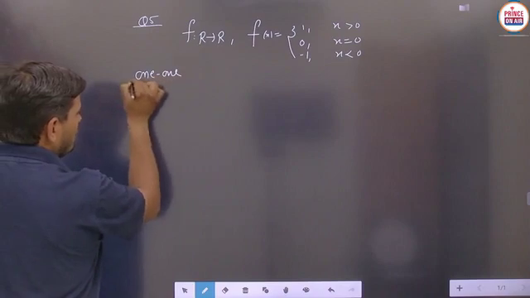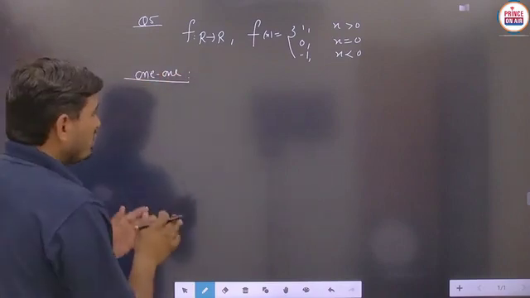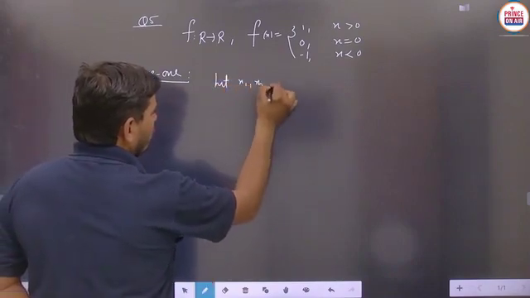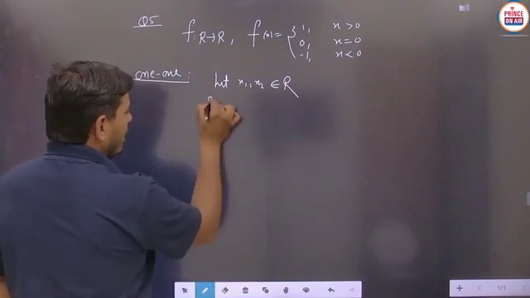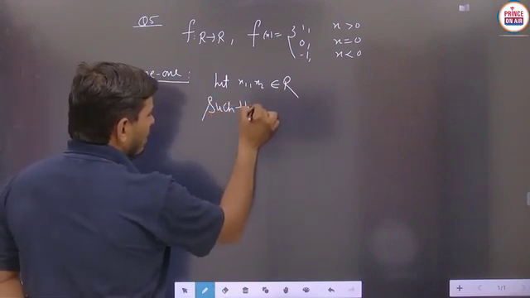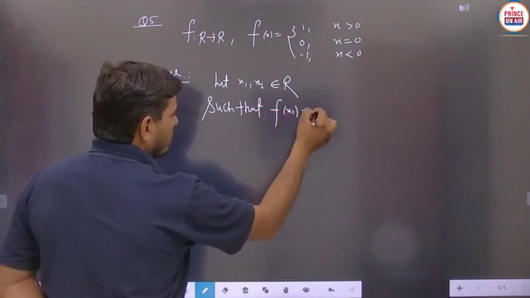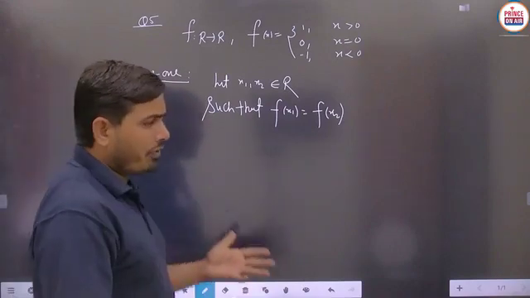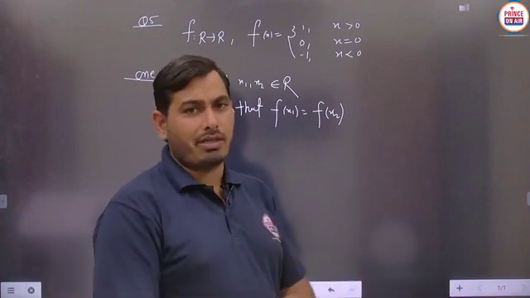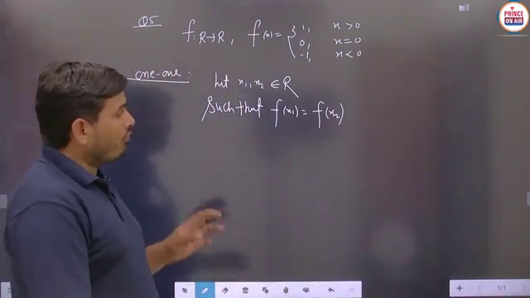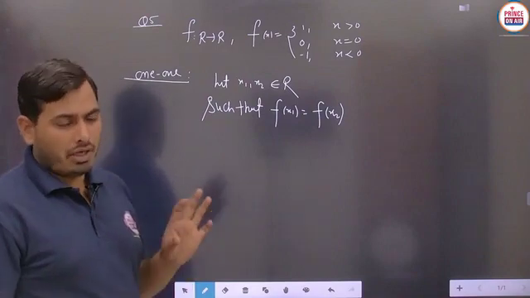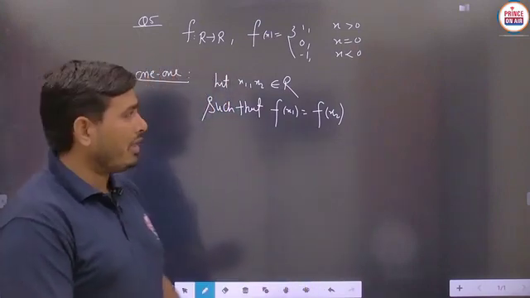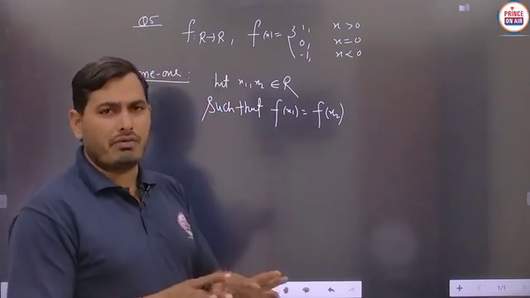First of all we will discuss the one-one case. In the case of a one-one function, what we say is: let x1, x2 belong to the real numbers such that f of x1 equals f of x2. Is it to be clear? Now, f of x1 equals f of x2 we write, meaning we take this function as many-one. Now we have to prove whether x1 equals x2 or not. In each and every case, if it is found that x1 equals x2, then definitely you can say that the given function is one-one, otherwise the function is said to be many-one.